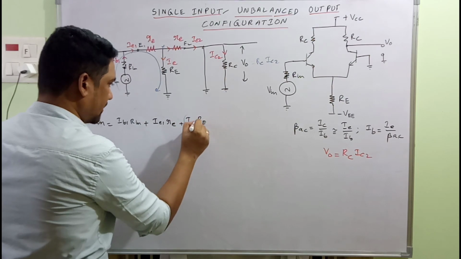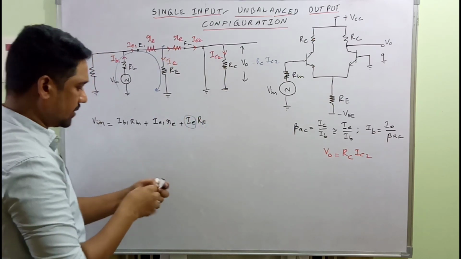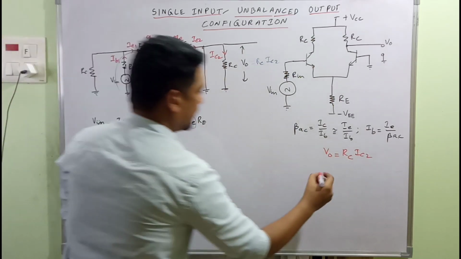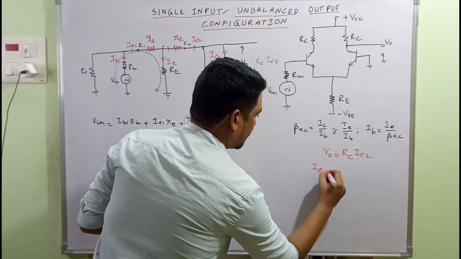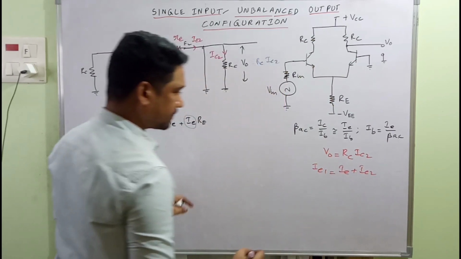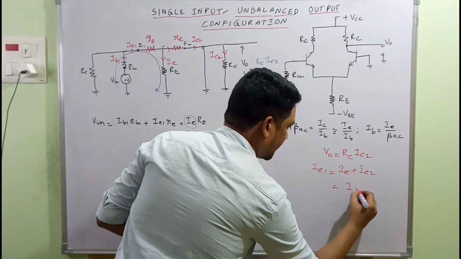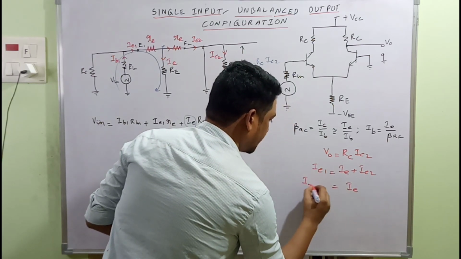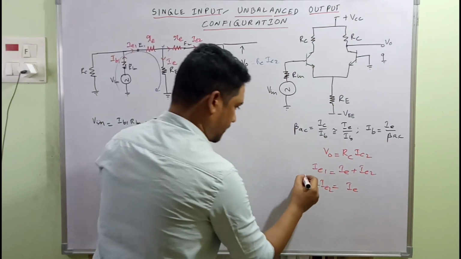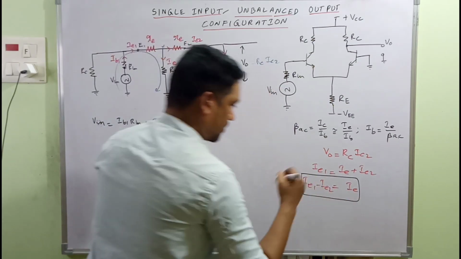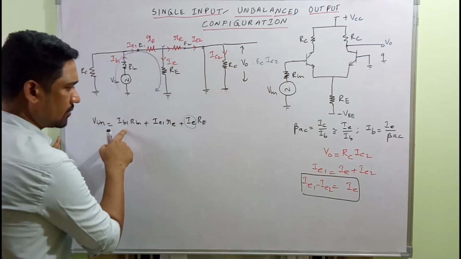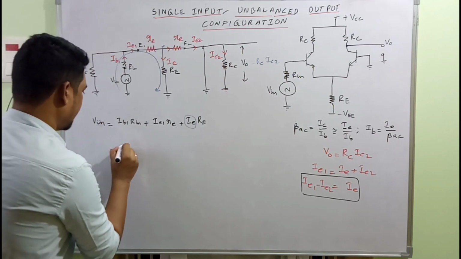What about this IE we have over here? So IE could be this current is equal to this current plus this current. So writing over here, IE1 is equal to IE plus IE2, right? From which we have IE will be equal to IE1 minus IE2. So this could be made use of to change the entire equation in terms of IE1 or IE2. And here IB1 could be plugged in with the IE1